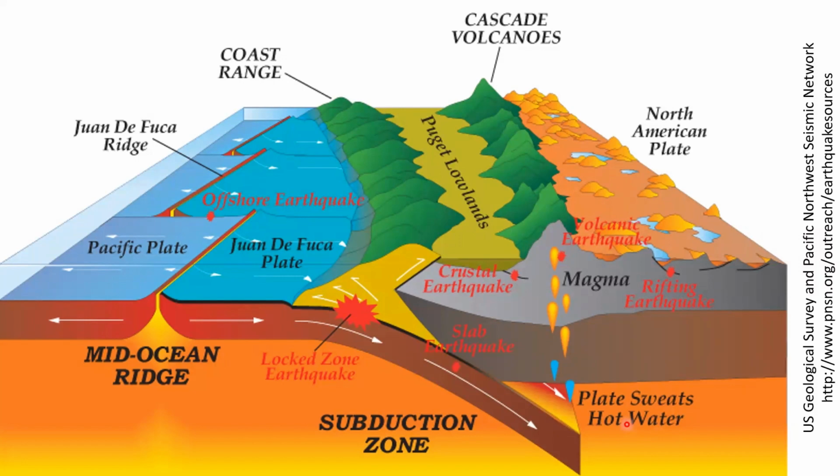So when the two come together, the oceanic plate goes down and the continental plate rides over the top of it. As the Juan de Fuca plate dives into the mantle, it becomes superheated, and you can see here